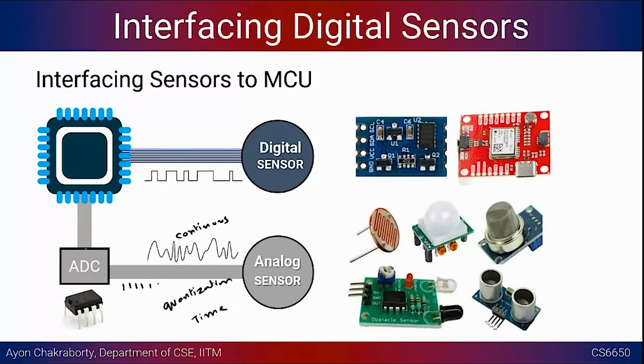So here is one option. If it is an analog sensor, the ADC could be resident inside the microcontroller, and sometimes the ADC is not present inside the microcontroller or the board that you are talking about. In that case, you have to provide an ADC externally. Raspberry Pi, for example, does not have an onboard ADC, so if you want to give it an analog signal, you have to convert it into digital form and then send it to the GPIO pins.